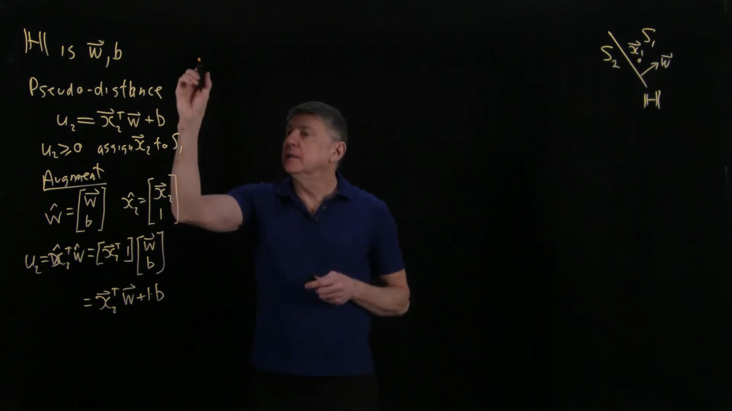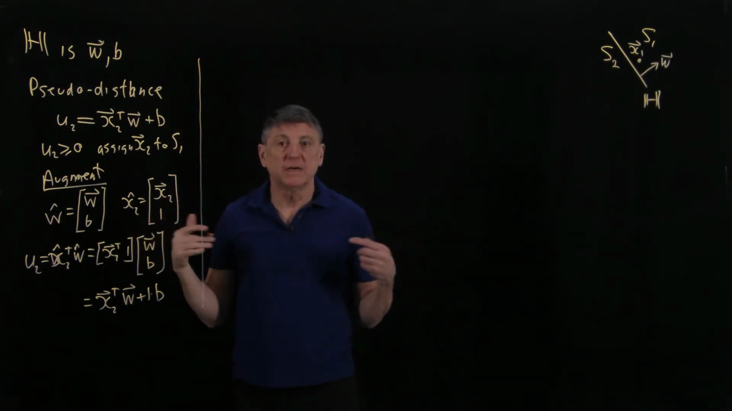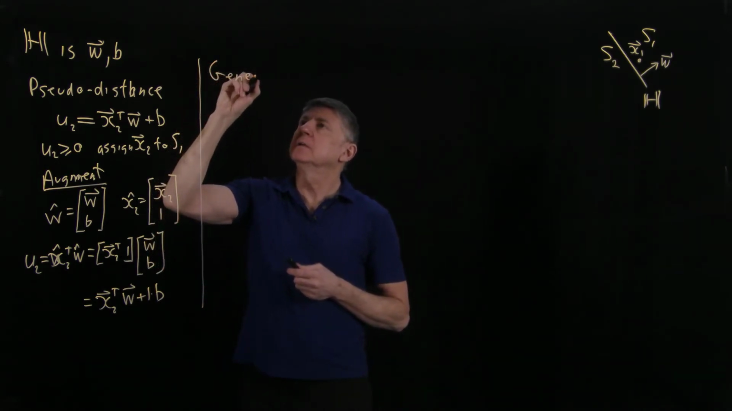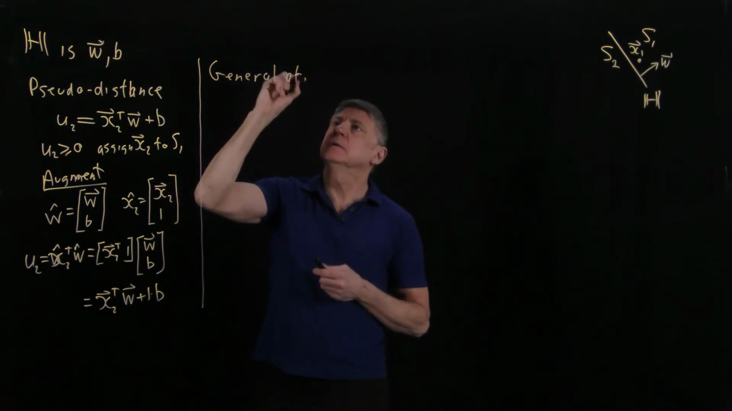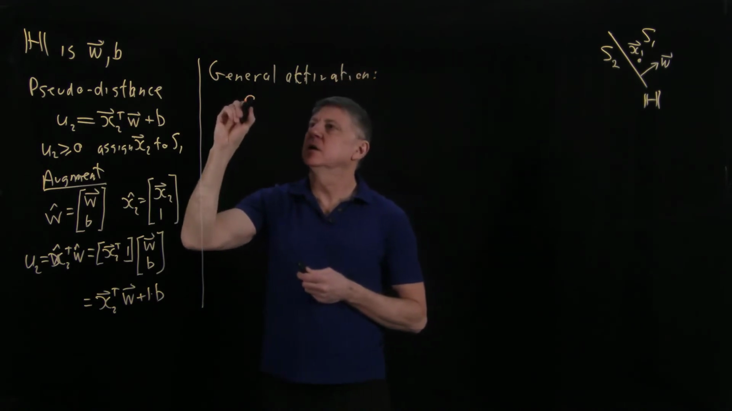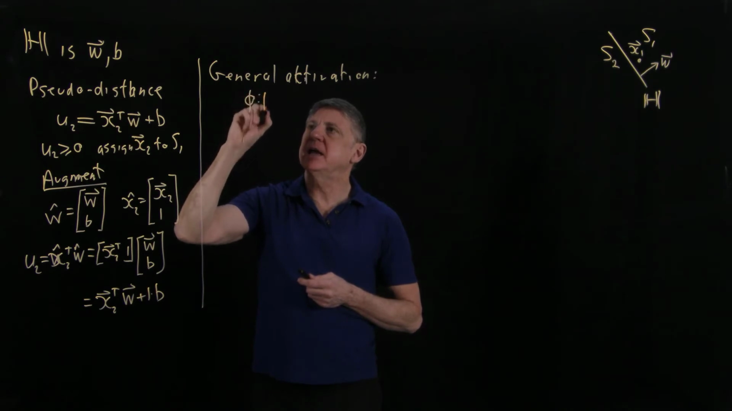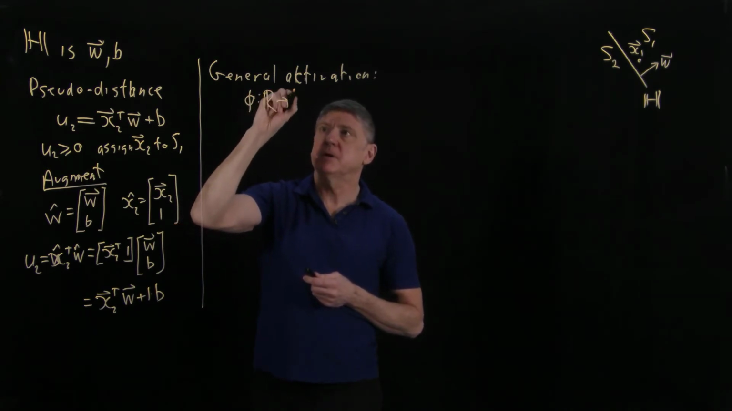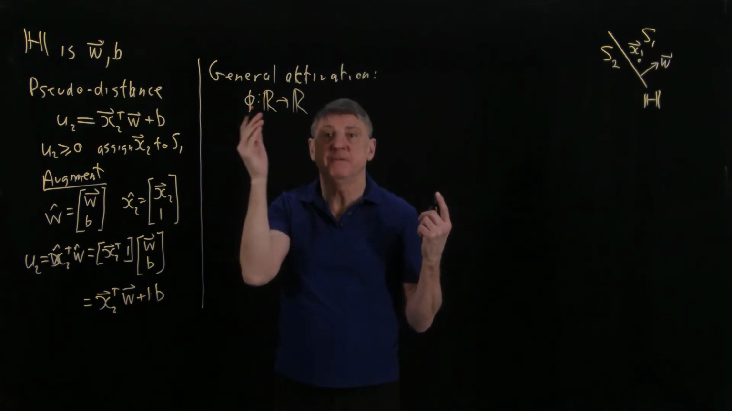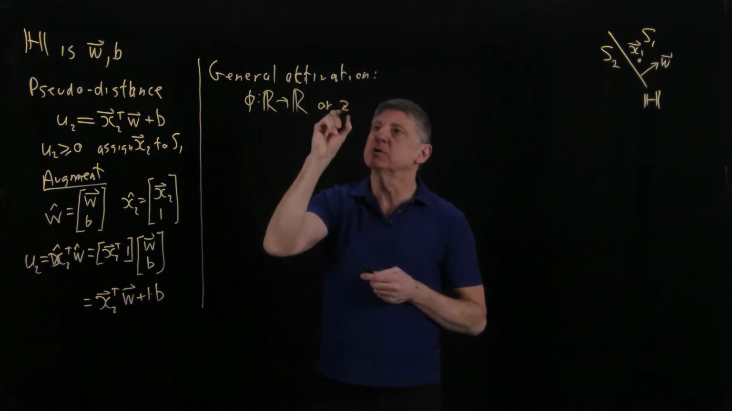Now, the final part of an artificial neuron is its activation. The general activation is a function phi, and we can write phi as taking a real number and mapping to another real number. In our case, this will be a very, very simple function. So we could write it that way, or we could also say that